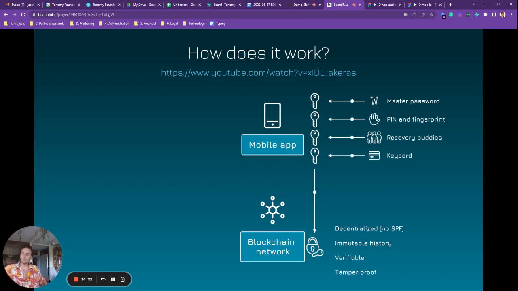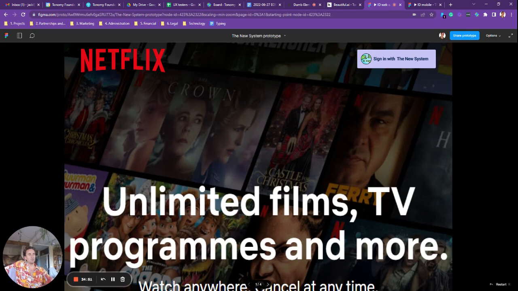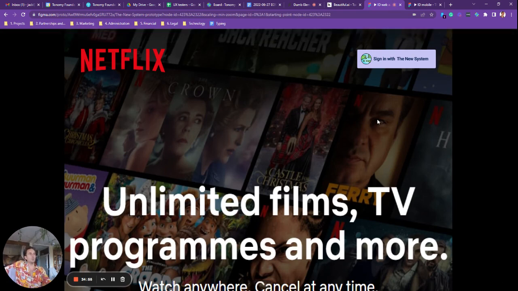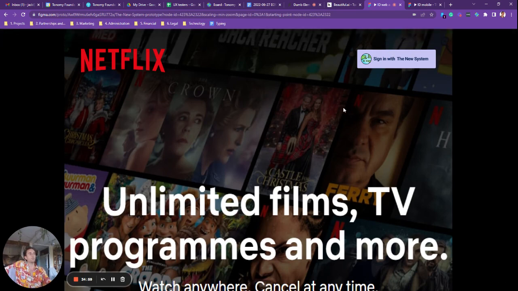Okay, another thing. So you create Tonomy ID, but how will you interact with the other organizations? So let's say you created this Tonomy ID. How would you interact with the universities, for example? What's your next step? It depends on the feature. I showed this flow here. This is for the login feature. The university would put a button that says login with Tonomy ID. For the transaction signing feature,